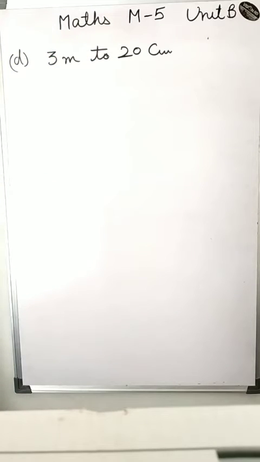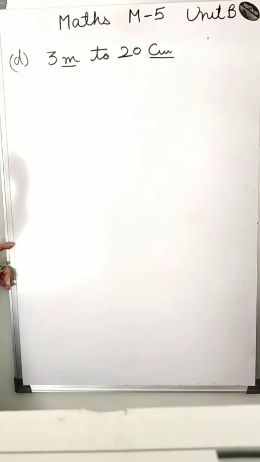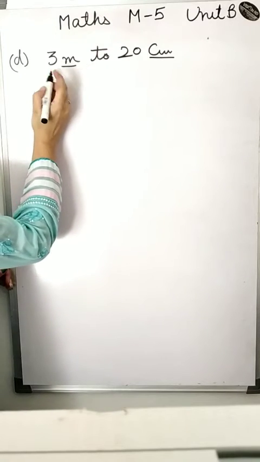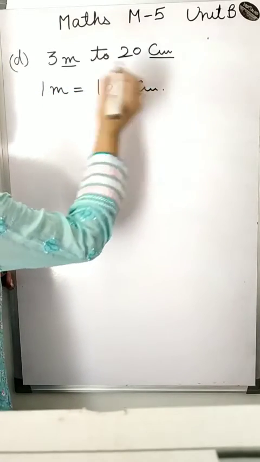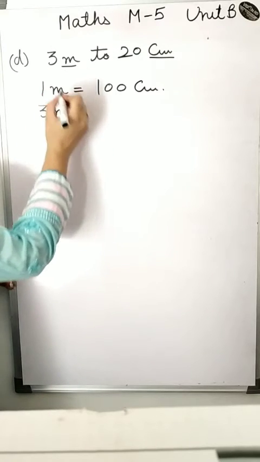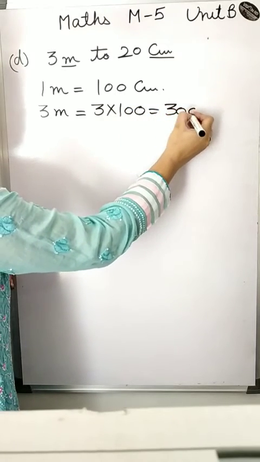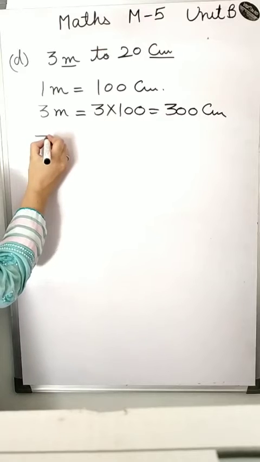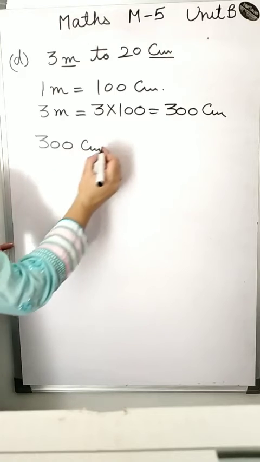Now come to module number 5. In this module again you write down in a form of ratio. So here the unit is in meter and this unit is in centimeter. First thing is that you convert, you change the numbers into the same unit. Here 1 meter is equal to 100 centimeter. So we multiply 3 into 100. So it is equivalent to 300 centimeter. So in place of 3 meter you write down 300 centimeter